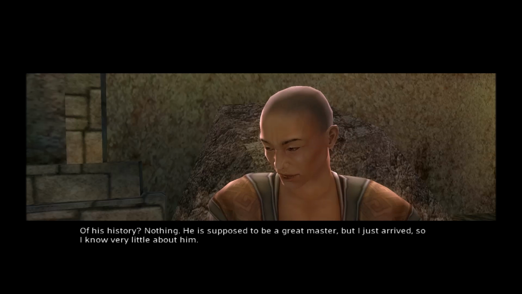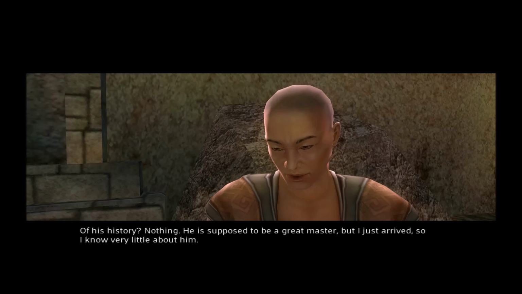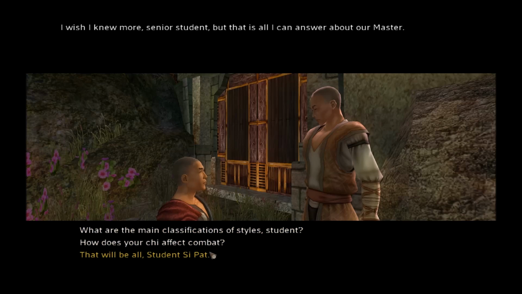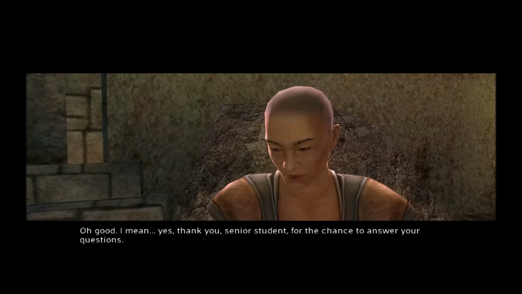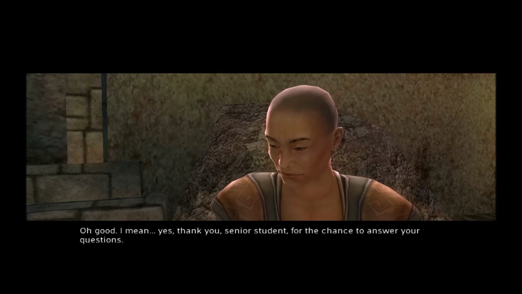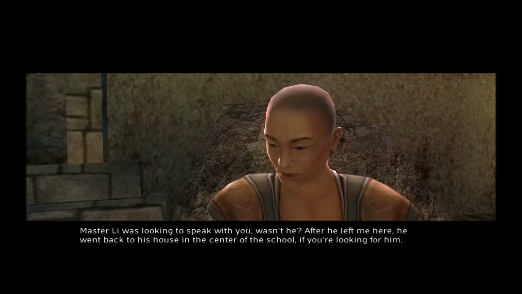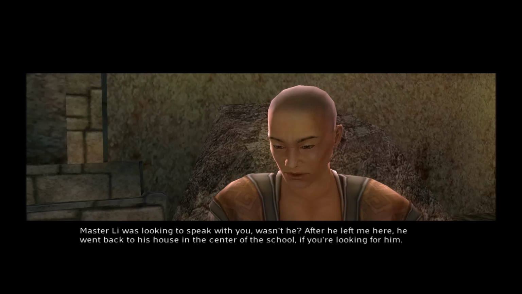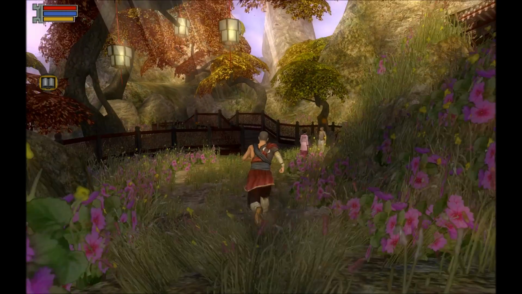Anyway. Of his history? Nothing. He is supposed to be a great master, but I just arrived, so I know very little about him. I wish I knew more, senior student, but that is all I can answer about our master. Oh, good. I mean, yes, thank you, senior student, for the chance to answer your questions. Master Lee was looking to speak with you, wasn't he? After he left me here, he went back to his house in the center of the school, if you're looking for her. Anyway,